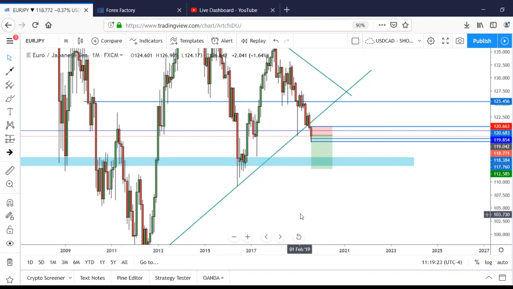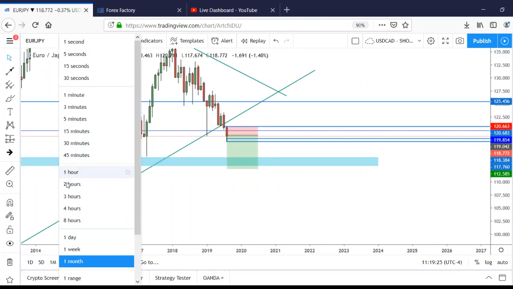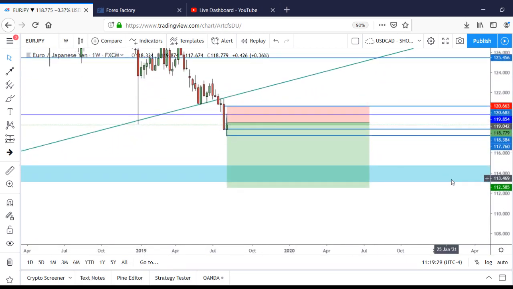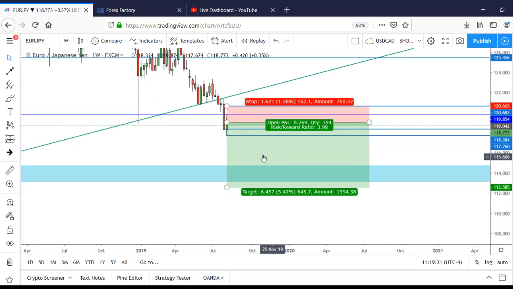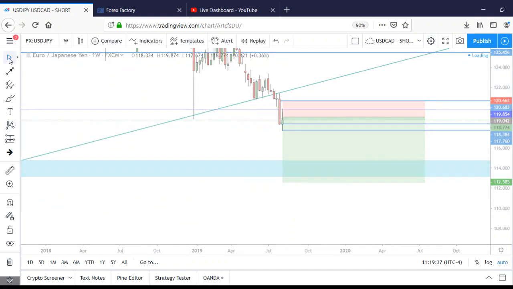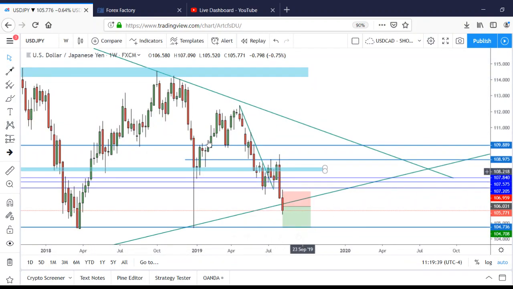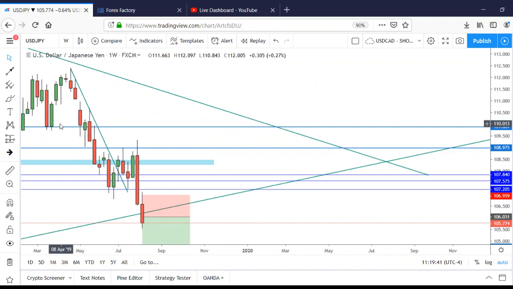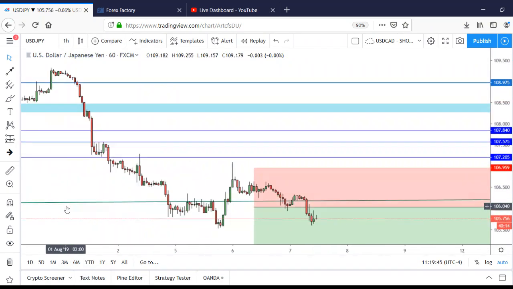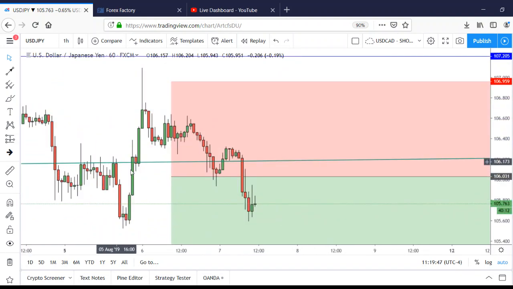And that's the Euro Yen. If you're in profits, keep them. We have a huge swing opportunity with final take profits at 114 area. Moving on, that is Euro Yen, USD Yen. So USD Yen, the short opportunity is there. Hopefully you took it. So yesterday we were somewhere around here, and I did say that if we can close